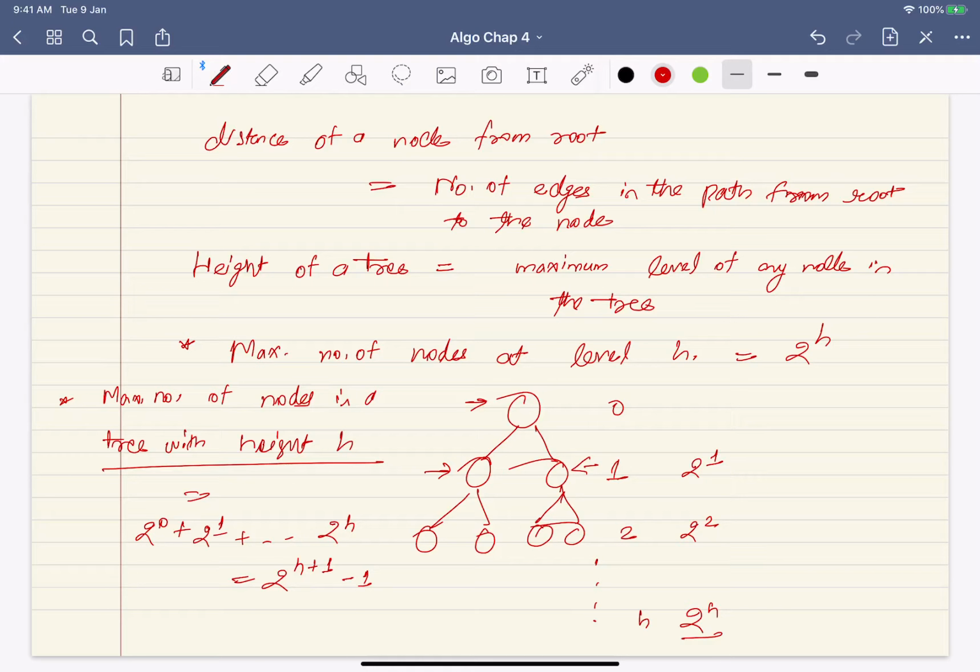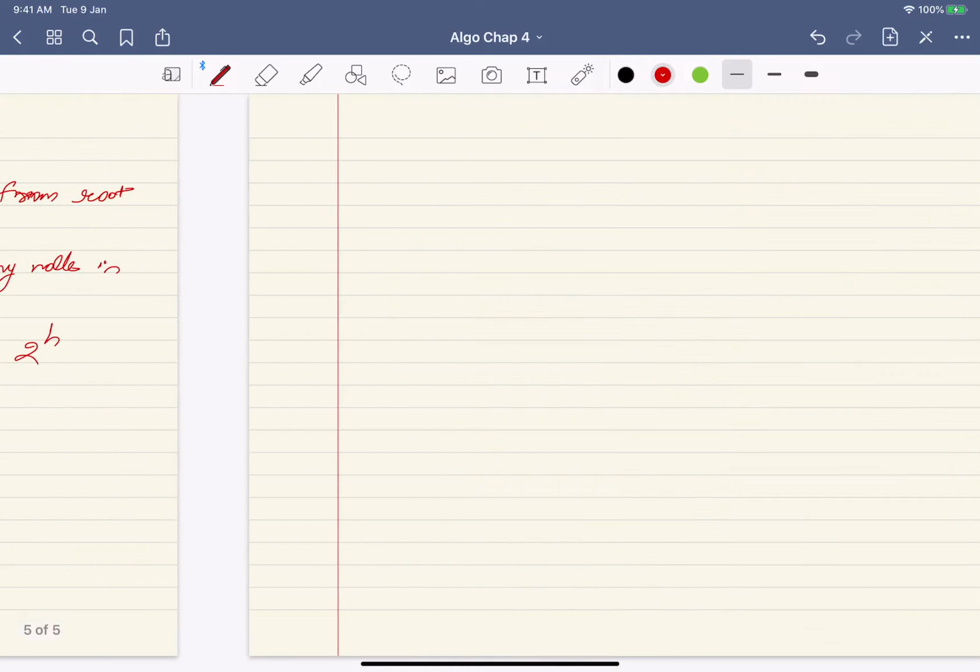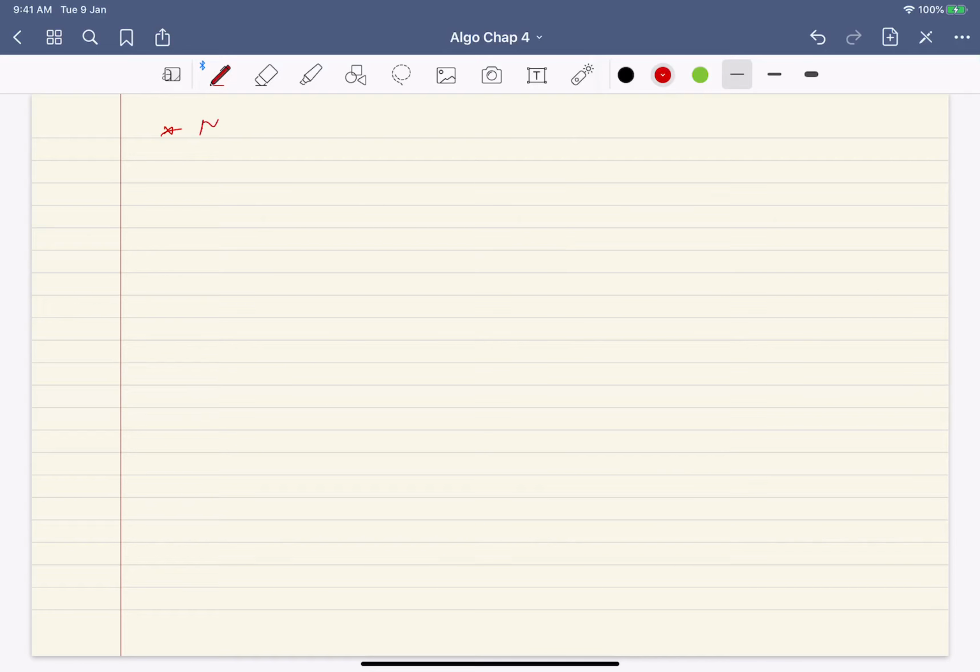Okay. Now can I use this to define the minimum height? What is the minimum height of a tree with n nodes? So if a tree has n nodes, what is the minimum height?